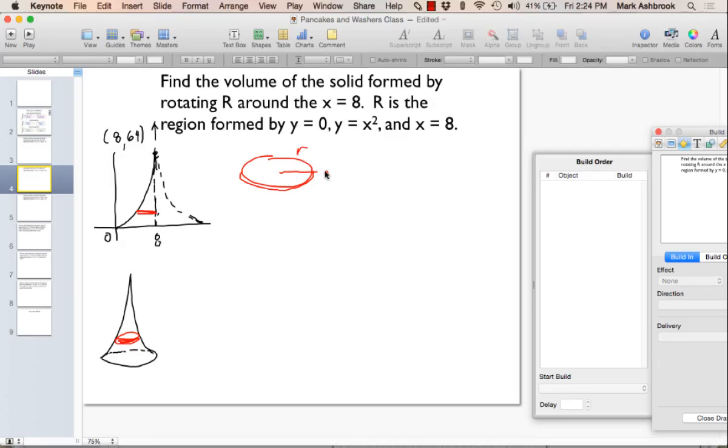And what is the height of the pancake? She said delta y. Agree with that? Delta y, right? And so we're going to have our volume of our typical pancake is a little volume. And it's still a cylinder, so it's still going to be pi r squared h. This time h is delta y, and then we come to the radius again, and we ask,